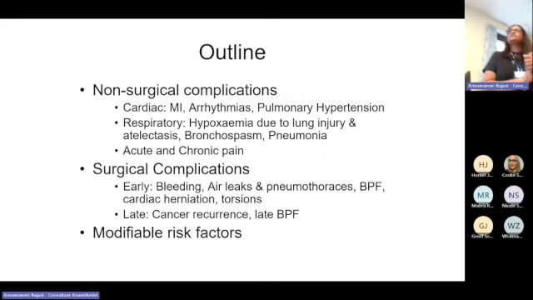So basically, we did the outline for this talk, and it's not going to be very long, but the outline for the talk is we'll talk about non-surgical complications, surgical complications, and maybe some of the modifiable risk factors as we go along. So the non-surgical complications, those of you who've had a bit of experience with managing these